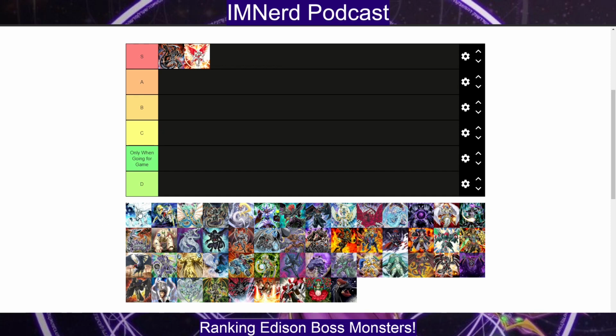Would you say Absolute Zero is also S tier? I think so. The thing about Absolute Zero is that you can't ever just cleanly get rid of it without losing something, unless they summon it into an empty board, like your prison, of course. But the whole point of Absolute Zero is that it's punishing the opponent for having played the game, which is a really powerful thing, especially when it comes off of one spell card in your hand. It's not like you send multiple cards to do it. He's always summoned off of one spell card, either Future Fusion or Miracle Fusion. And usually